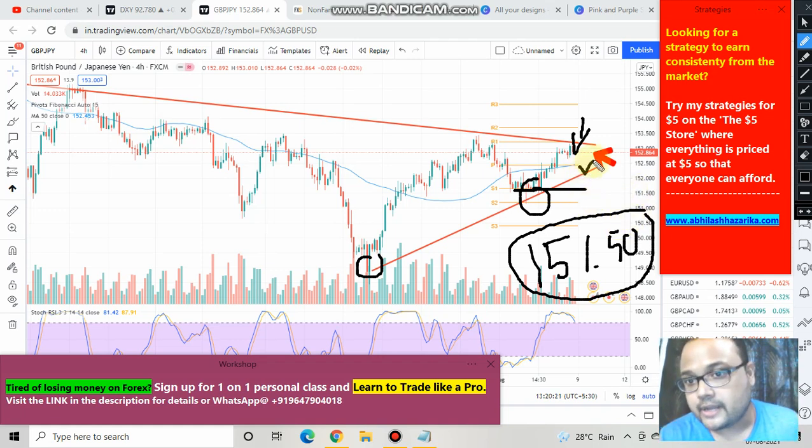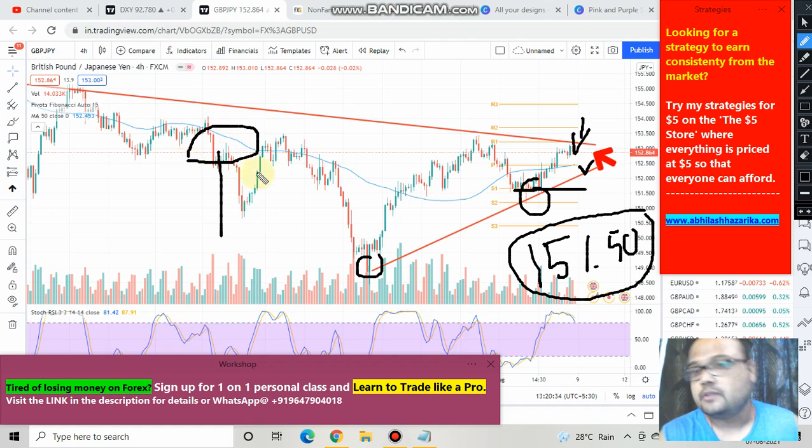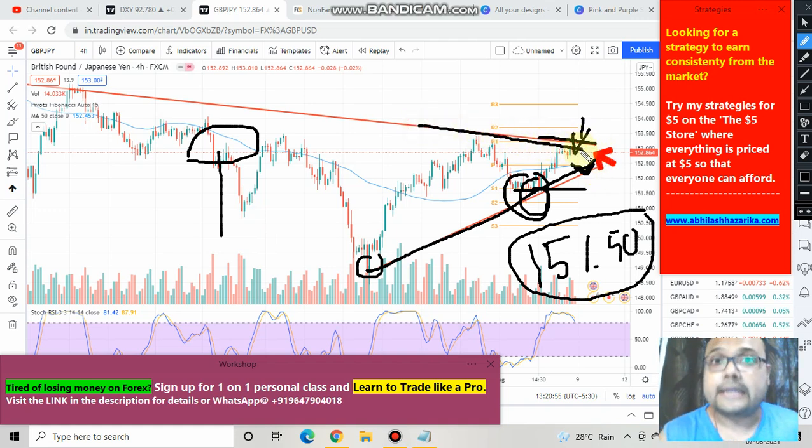But there is a good chance that the market will bounce from this trend line as well, because of the presence of buyers in it. Because in the weekly chart also we have seen that the market has formed a hammer kind of pattern with price rejection from below. In the 4 hour chart also you are seeing that the market has formed a lower high here. And if the market bounces from this trend line, I'm talking about this line, then there is a good possibility that the market will be crossing this resistance by the next week. So you must be very careful.